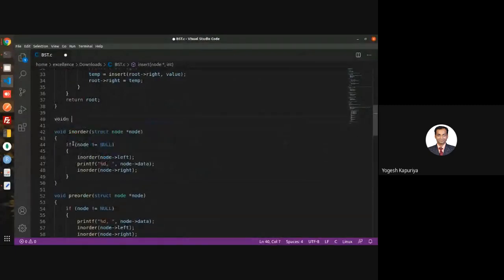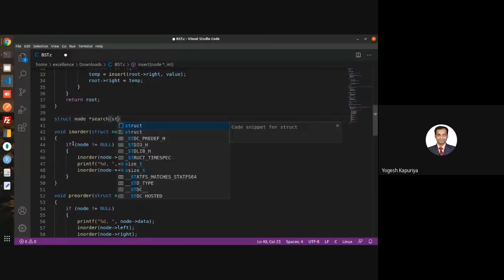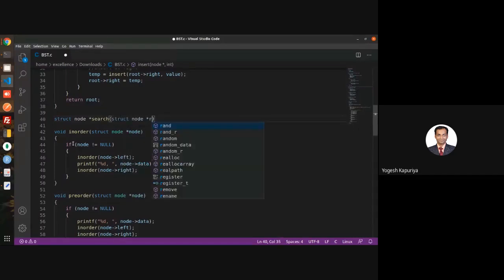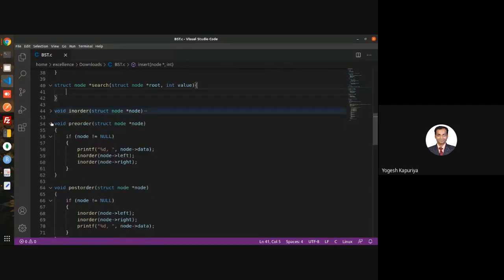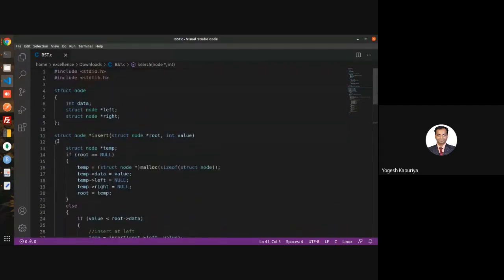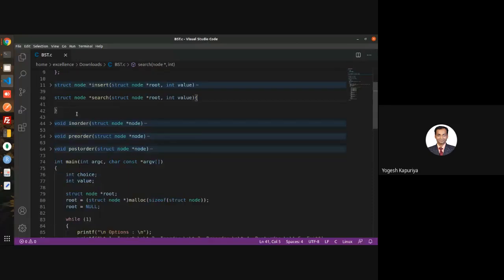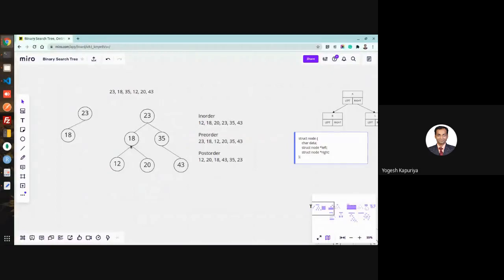Let's say we want to search something. So let's write another function for performing the search operation. What I'm searching is some value inside some tree which is identified by the root address. Remember, whenever you are searching something inside a tree, let's say you are searching for 36.